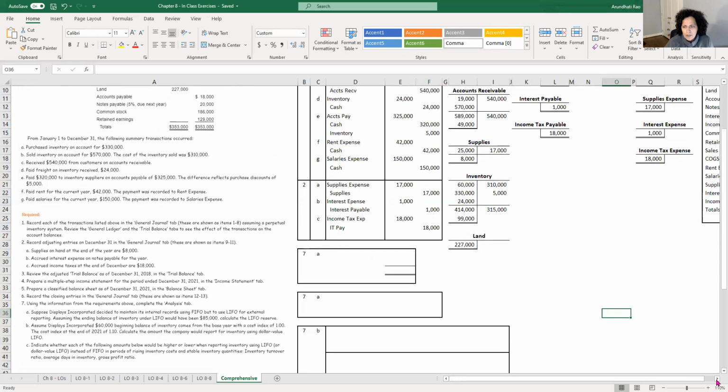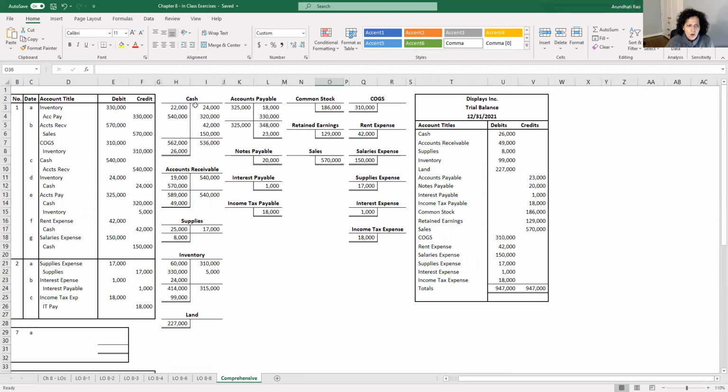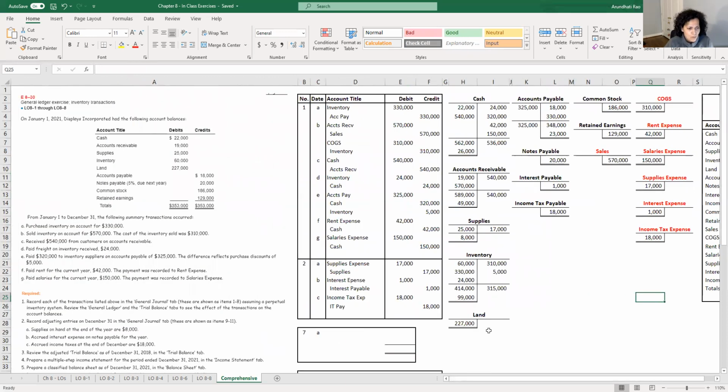Now, I'm not going to do the closing entries, but I just want to show you something over here. When I was setting up my T accounts, I organized them where in this first set, I have all my assets. I have my liabilities in the second column. Third column, I have common stock, retained earnings, and sales. The fifth is all expenses. So it's these accounts. I'm just going to put them in a different color just so that you can see these. These are the ones that need to be closed. All your revenues, expenses, and dividends. We don't have any dividends over here, but these are the accounts that would be closed, and they're all closed to income summary, and then you close it to retained earnings. I'm going to skip that step.